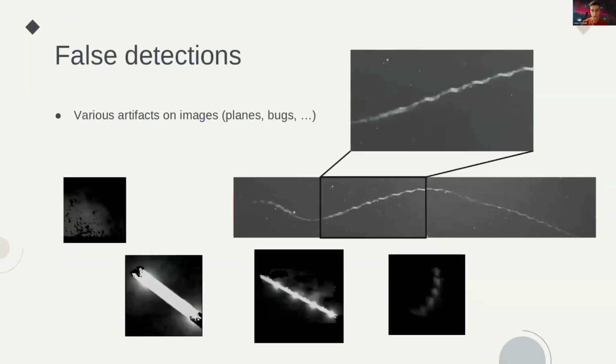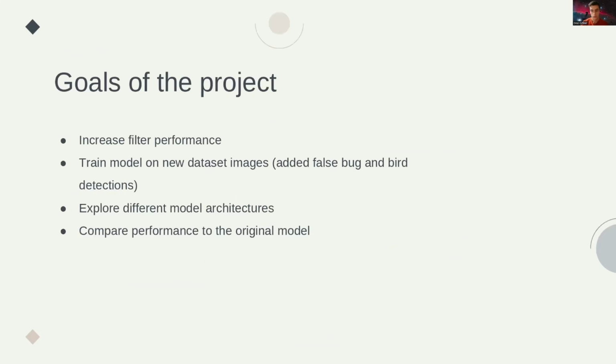So RMS uses a neural network as an additional check in case a meteor detector detects some false positives. The problem is that even then, it can still mark various artifacts on images as meteors. And what can happen is you see this line, which might look at first like a meteor, but when we zoom it out a bit, we can see that it is probably some bug trail that it detected as a straight line. So the goals of this project are to increase the filter's capability to correctly discern real meteors from artifacts